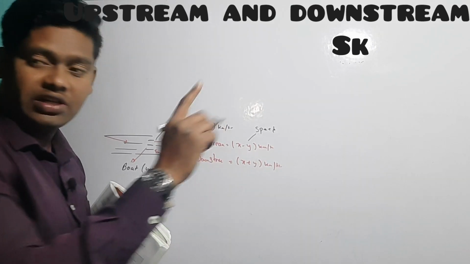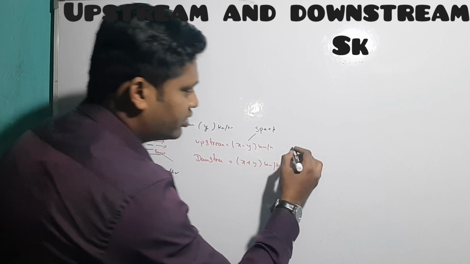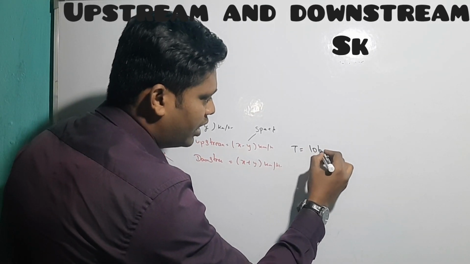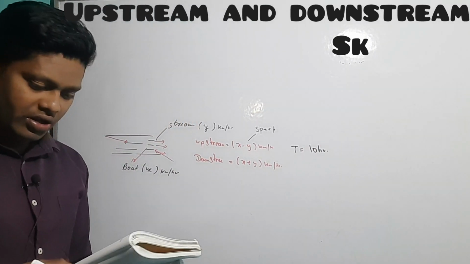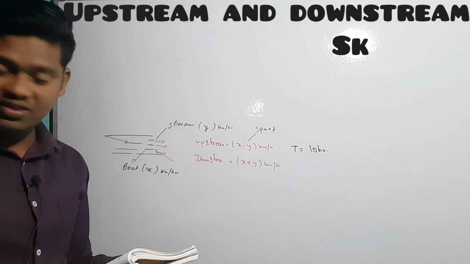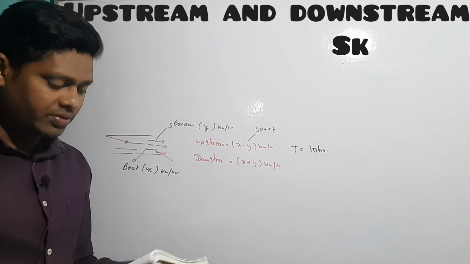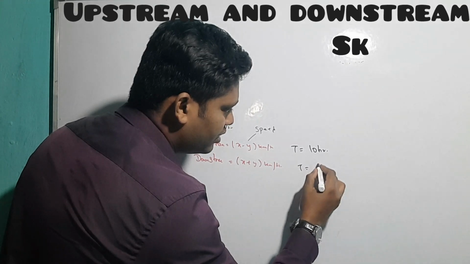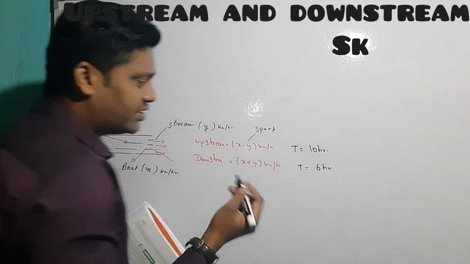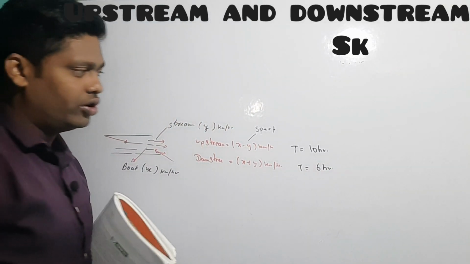Previously it was distance they gave you. Now the time is there. Time is equal to 10 hours upstream. Next, it covers the same distance. Distance is same in both the cases. Downstream is 6 hours. Downstream they gave you time as 6 hours. In both the cases the distance will be same. So here